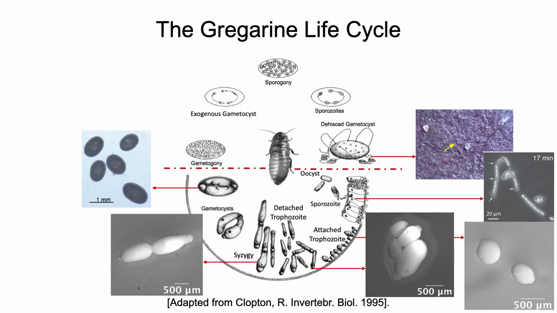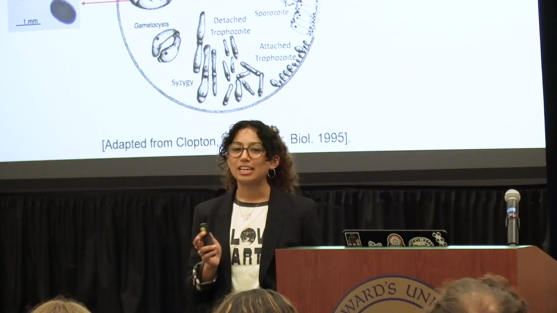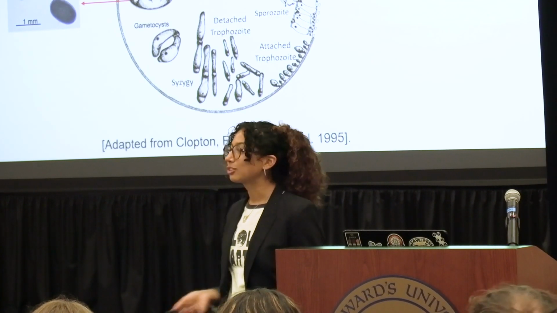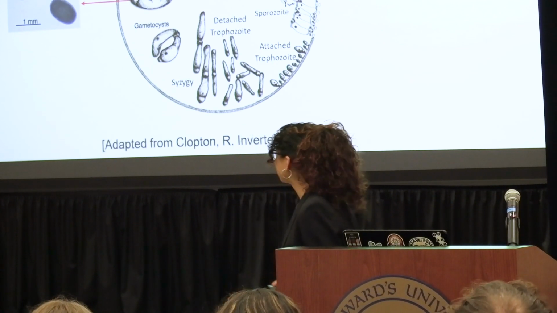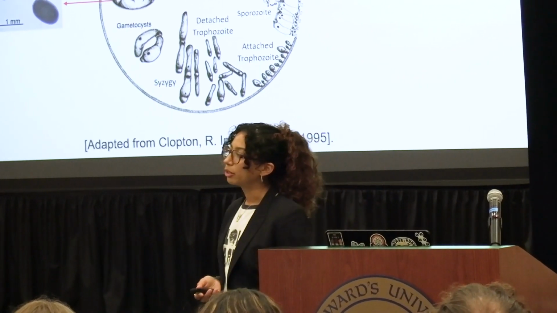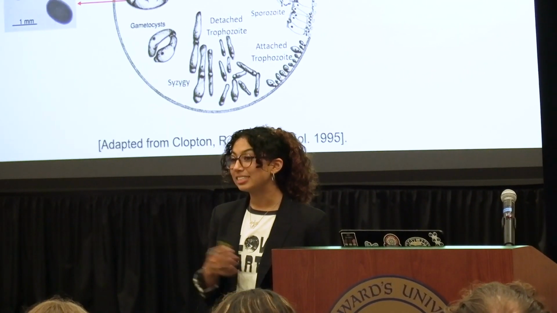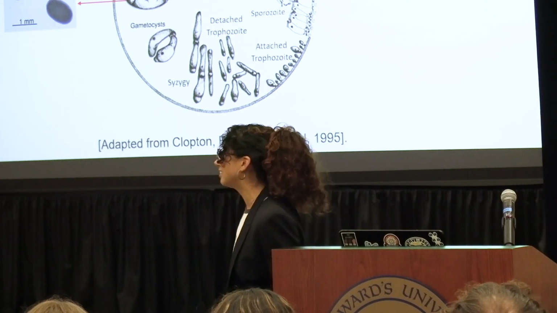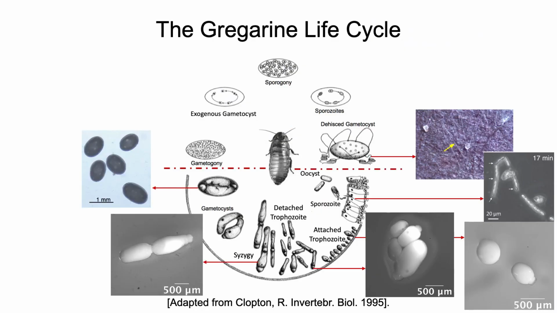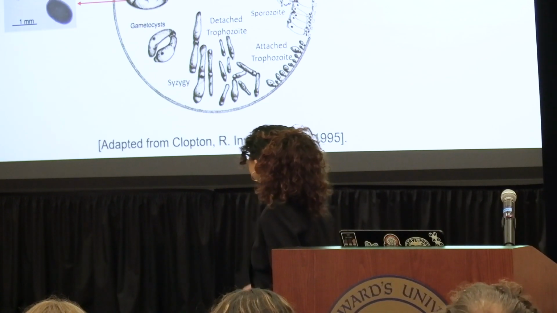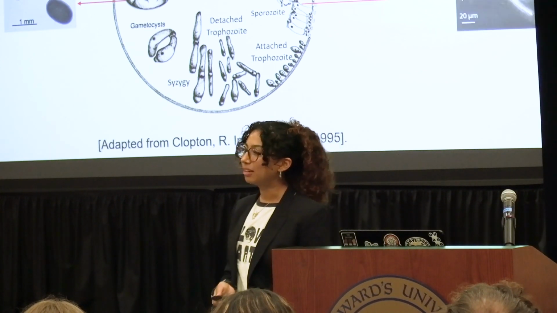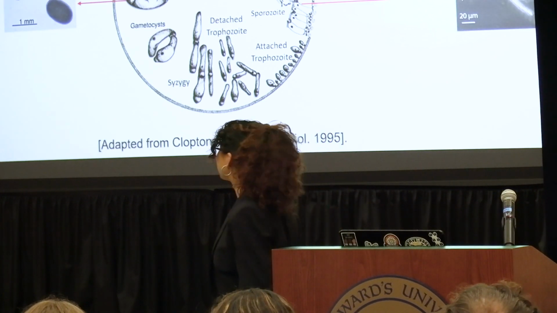A look into the life cycle stage, starting on the left at the gametocyst stage. This is the last internal and first external stage for our parasite. Once our gametocysts are exposed to the outside environment, they dehisce to release oocyst chains, which are shown using that yellow arrow there. Those oocyst chains are consumed by our cockroaches and interact with the host fluid to excyst and open up to release sporozoites.